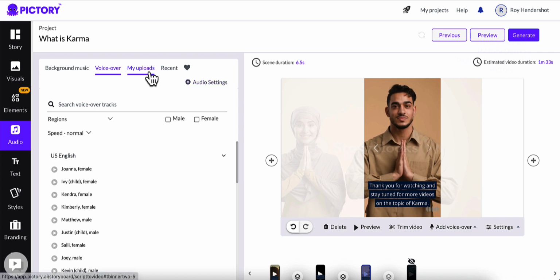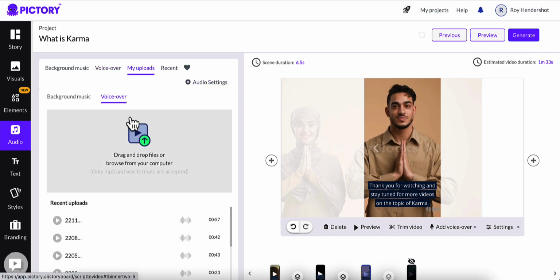There's also uploads that you can do. And if I click on uploads, this is usually what I do. I get that from an external site. I'm not going to share that here, but I get it from an external site that gives me voiceovers that I like better than these, but these voiceovers are really good anyway. So all you would need to do is get that external voiceover file, upload it here, and then you will sync it.